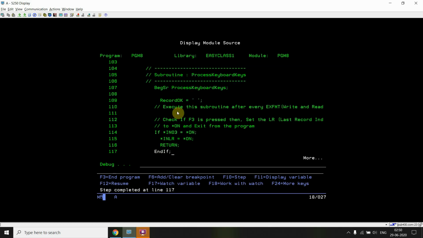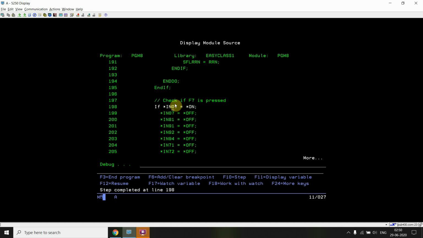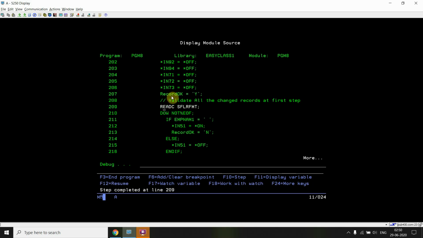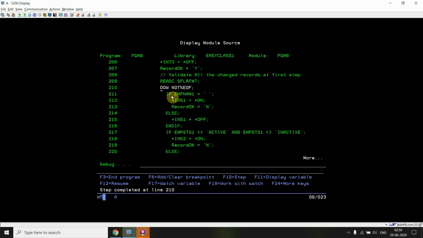Process keyboard keys. Record is okay. Record OK is set to blank right now. Now once I enter into the F7 functionality, here if F7 is on, we are setting these indicators as off. Now record OK is set to Y.